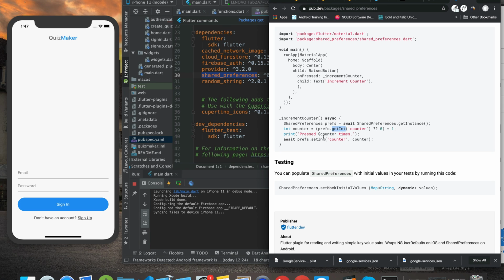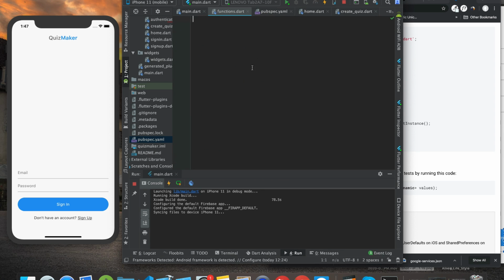We can get and we can set. So what we will do, we will go inside this function and create, let me just create a class first. So I'm going to say helper functions, and inside this class I'm going to create a function which is going to be called something like, what can we call this, save user